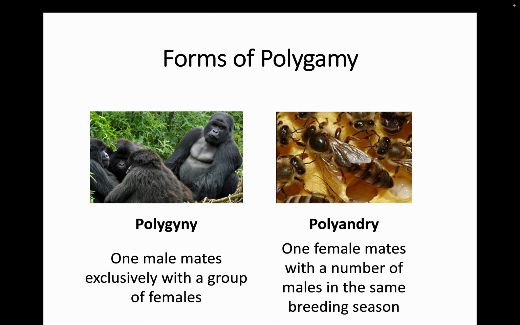In polyandry, though, you have the inverse. For example, you might remember this from bees in Higher Biology. If you have polyandry taking place, again polygamous, but in this case it's the female that mates with a number of males. So the one female will mate with a number of males,